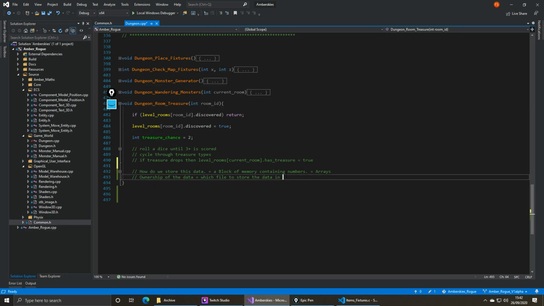And that will be tomorrow when I start the programming of, I haven't even really given it a name yet. I've called it treasure there. Maybe we should have called it that.